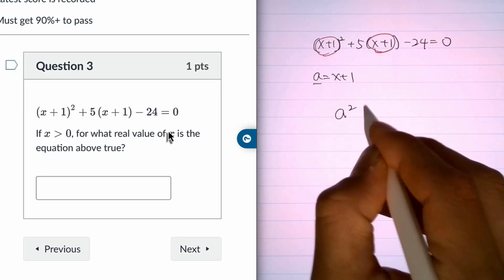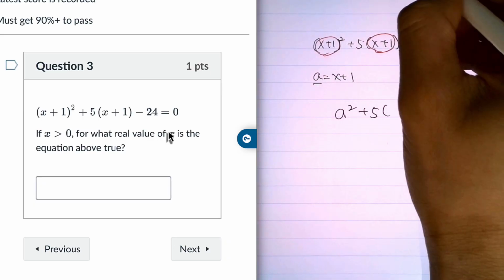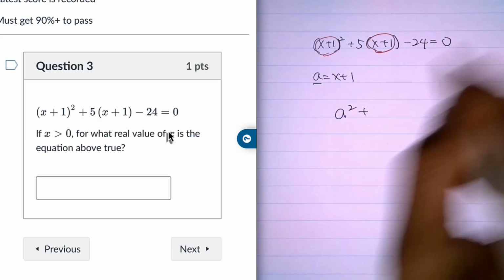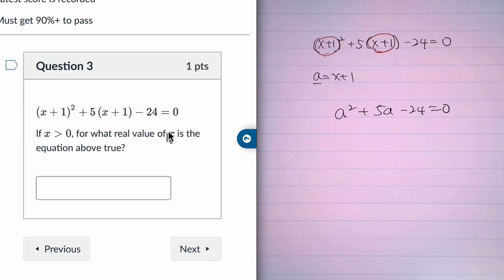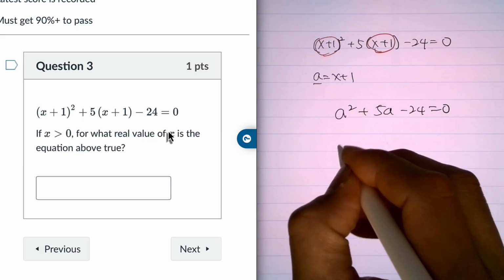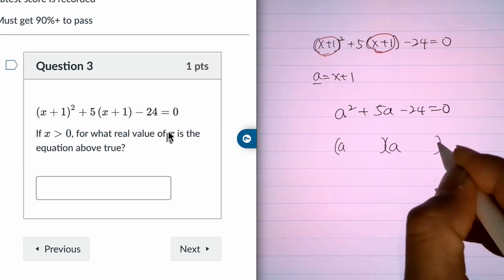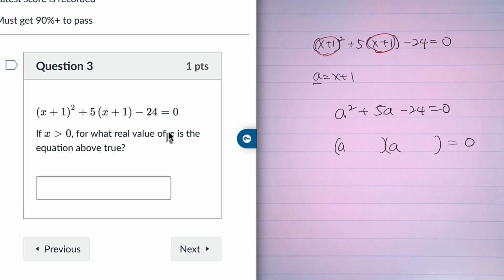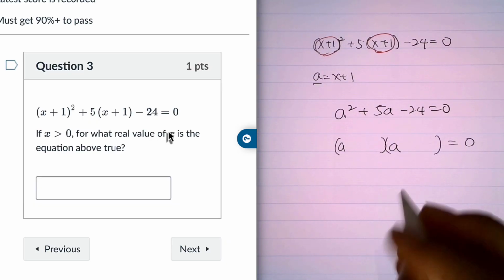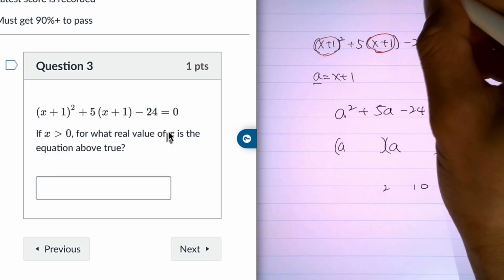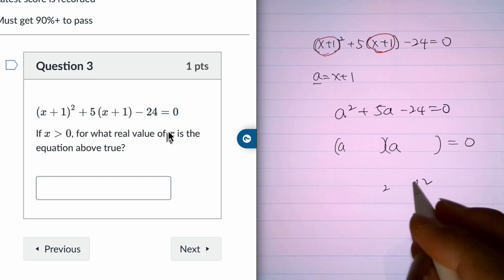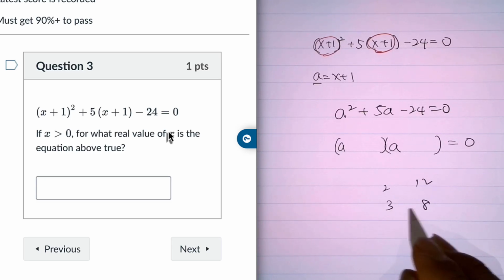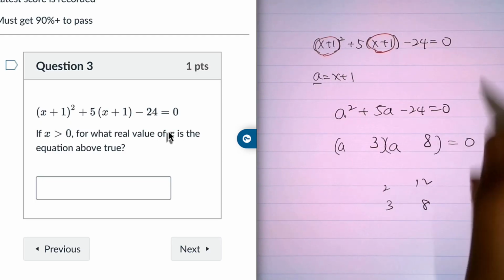So you have a squared plus 5 times a minus 24 equals 0. Now that looks so much more pleasing for you to factor out like this in binomial. So 12 and 2 can work, but you know the difference of 12 and 2 is not much, right? So it's 10 or 8, not matching. 3 and 8, now that works, right? 8 minus 3 will give you 5. So when you put 3 and 8,